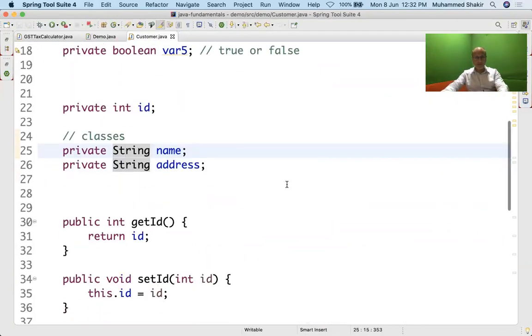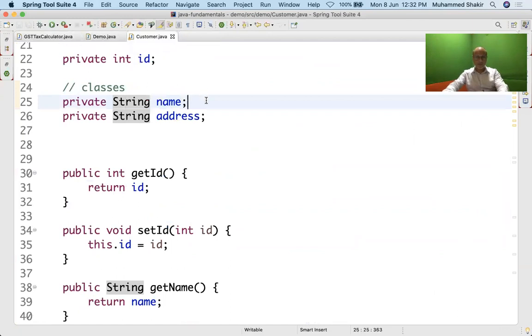So say, for example, when I say name is equal to, suppose I say name is equal to MS learning and consulting. Suppose this is what I put over here, right? When I put this over here, all of these values, M, S, the space, L, E, A, R, all of these are the values that will actually go into what? One element, one char, and each one of those chars is actually part of the main char array. So that's how the entire string is constructed. So these kind of data structures are provided by Java, and these are non-primitive data structures.